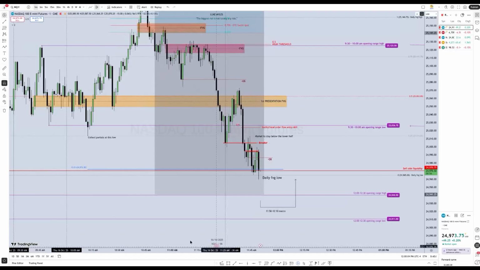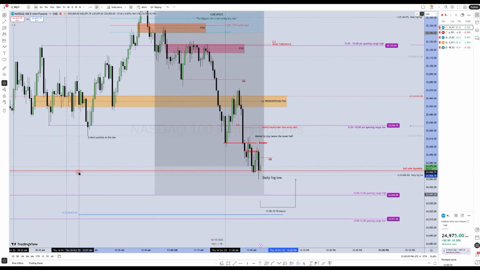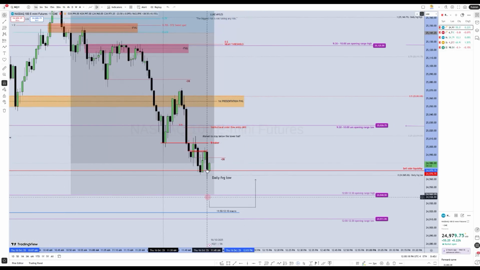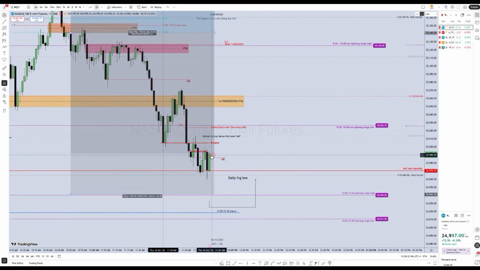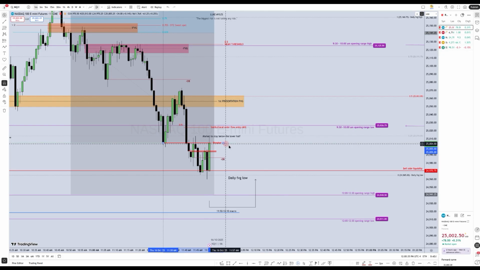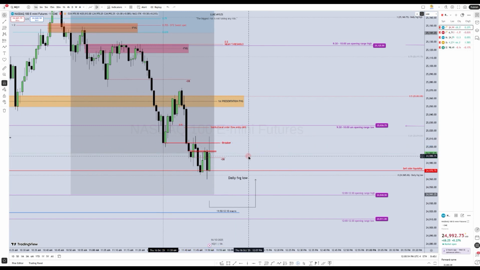The market has traded into that but failed to close below that. Now I'm extending the negative 0.25 of this sell side liquidity, not that short-term low that was formed that we took out, but this sell side liquidity just there. So I'm having my breaker, I'm having everything extended into price. I expect that breaker to hold and that volume imbalance not to be closed above. If it is closed above, I expect the market to correct right away